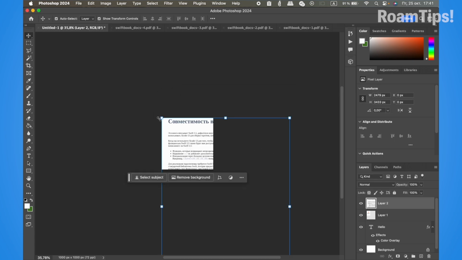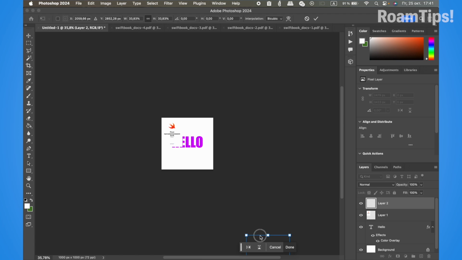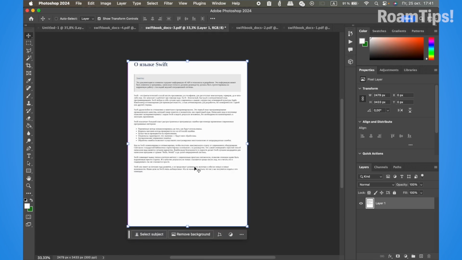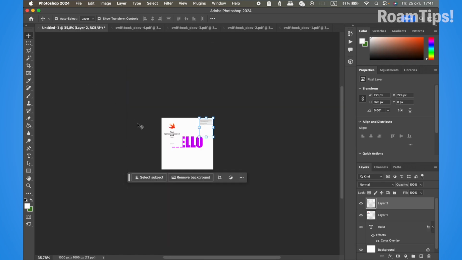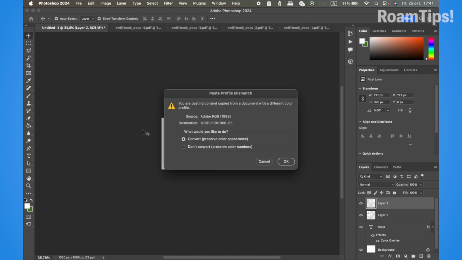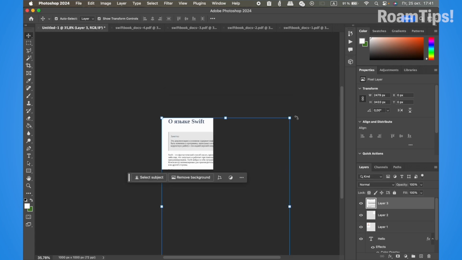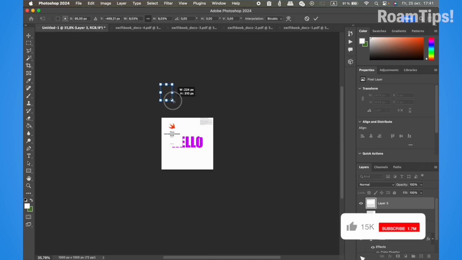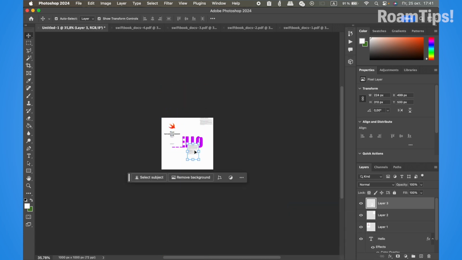Alright, and resize, change size, drag and this, and open the next page, Command C, Ctrl C and Command V, Ctrl V, OK, change the size, and alright, check